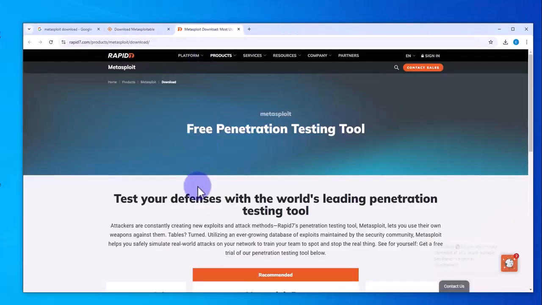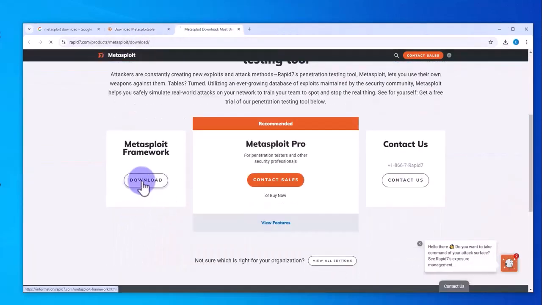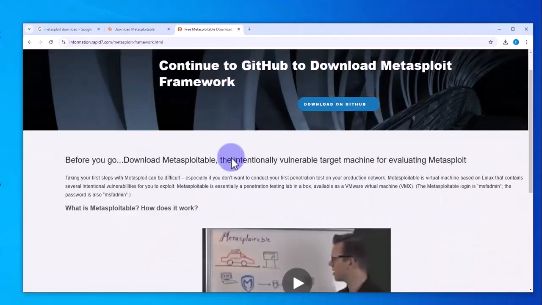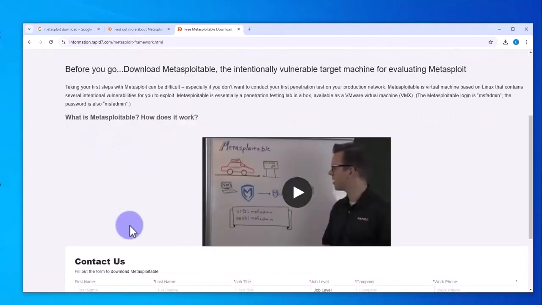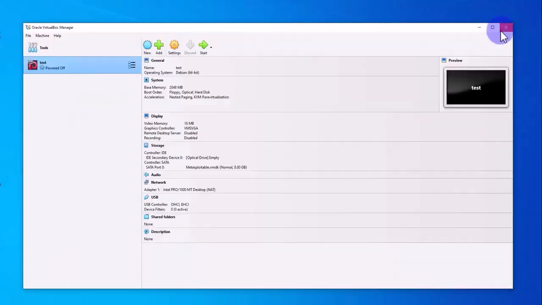On the other side, if you click on download, you'll get a short video that gives us an introduction of what is Metasploitable. So you can watch the video just to get a brief introduction to it. Let me minimize this. Once you have the file downloaded,